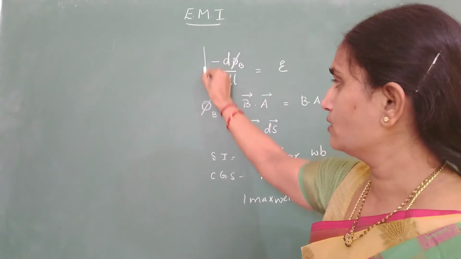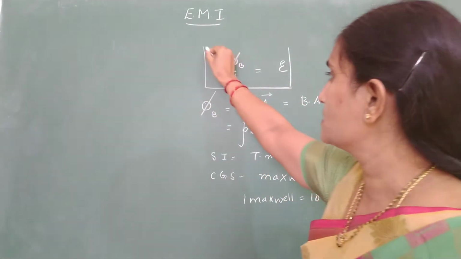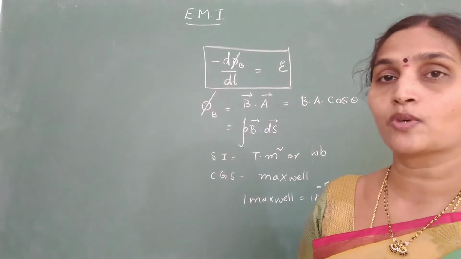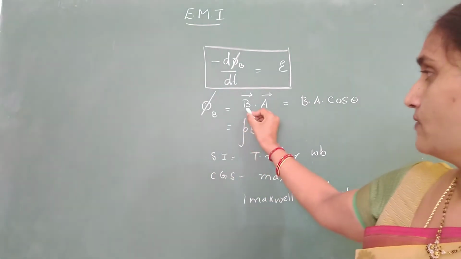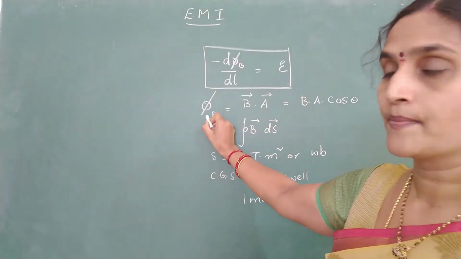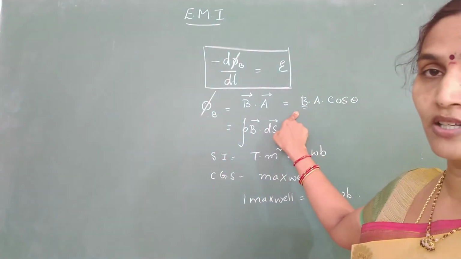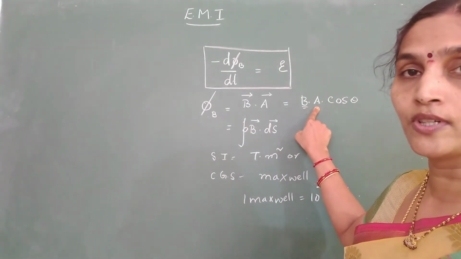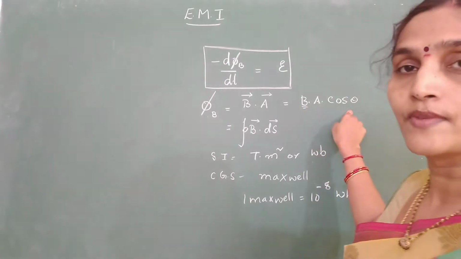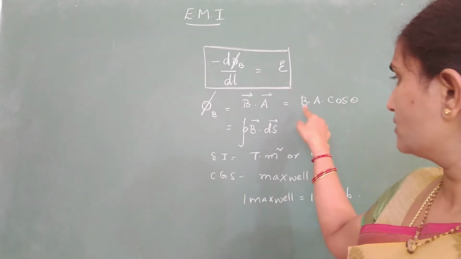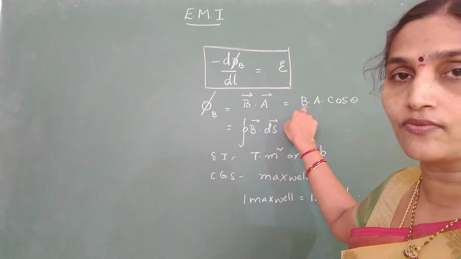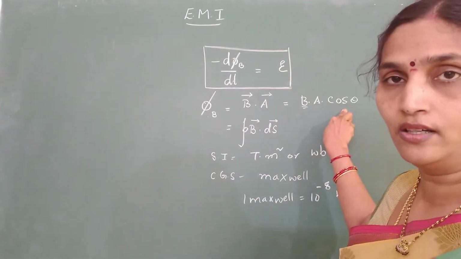Now I told you, according to Faraday's law, EMF induced is equal to minus d phi by dt. So what are the different ways in which you can change the magnetic flux? Since flux is B into A into cos theta, it can be changed by varying the magnetic field, by changing the area of the coil, or by changing the orientation of the coil. Related to this, we will be getting some numericals. Let us look into one question for each model: how induced EMF can be calculated by changing magnetic field, by changing area and by changing the orientation.